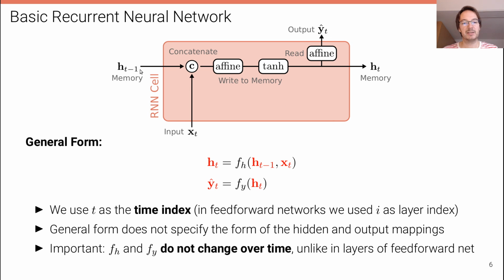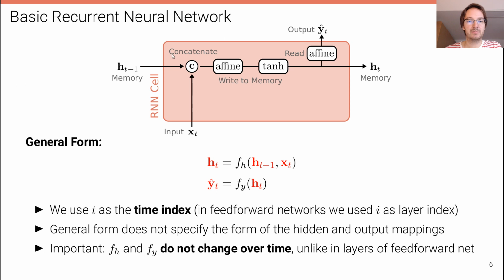You can see that the input to this cell is the tensor, the hidden state from the previous time step, and the output is the tensor or the state at the current time step. The cell takes as input the previous tensor and the current input, so this is ht-1 and xt,